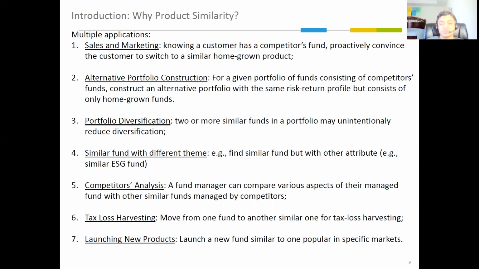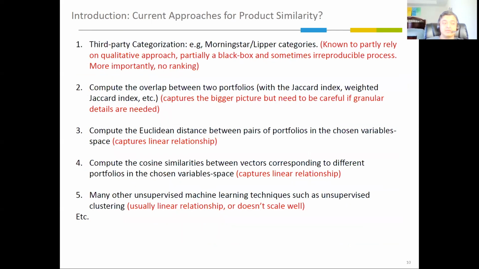Okay. So launching a new product by identifying similarity or dissimilarity, okay, or identifying the gap in the market. Because this is so business relevant problem, people have thought about this problem for quite some time, and people have come up with some remedies